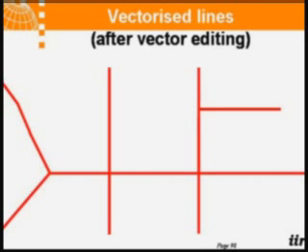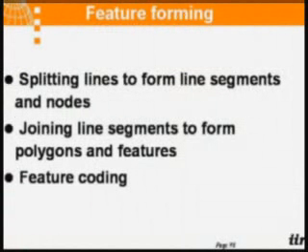So here if it is the same feature, what you have to do is, I start my point here, I have to create a node here. When I come here, I have to add a node here and then start extending. So then when I create this line, it has to join from this and start. So that means you have to create nodes for that. So you have to split the lines to form line segments and nodes, joining line segments to form polygons and features. So the line segments, one is points to create lines. From the lines you create polygons and features.